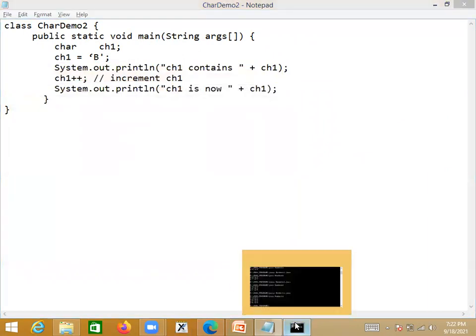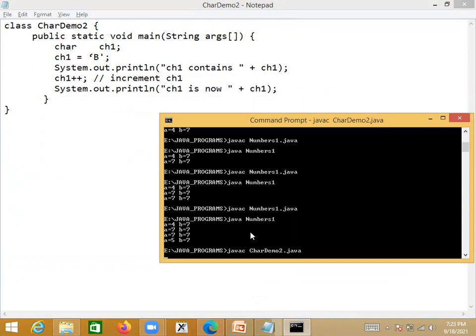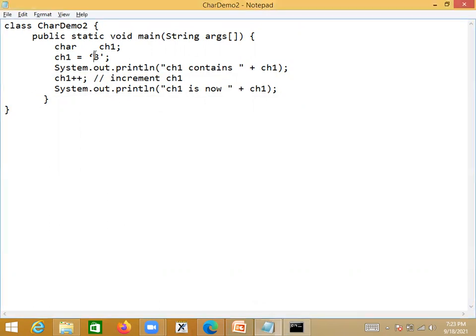Then we'll compile this code. So I say javac CharDemo2.java. Now ch1 is equal to 'B' here. This is a different single quote I copied from PowerPoint. So better you remove those single quotes and type again here in Notepad, so that it won't be different.